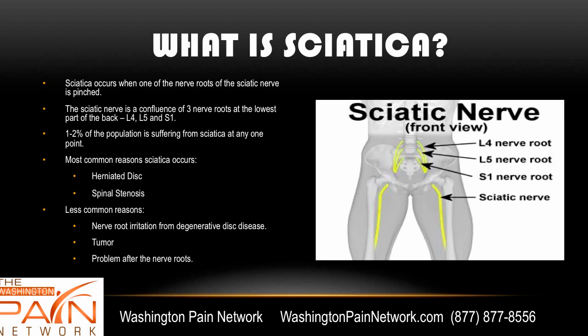1 to 2% of the population is suffering from sciatica at any one point, with the most common reasons being either a herniated disc or spinal stenosis. Less common reasons may be nerve root irritation from degenerative disc disease, a tumor, or possibly a problem that affects